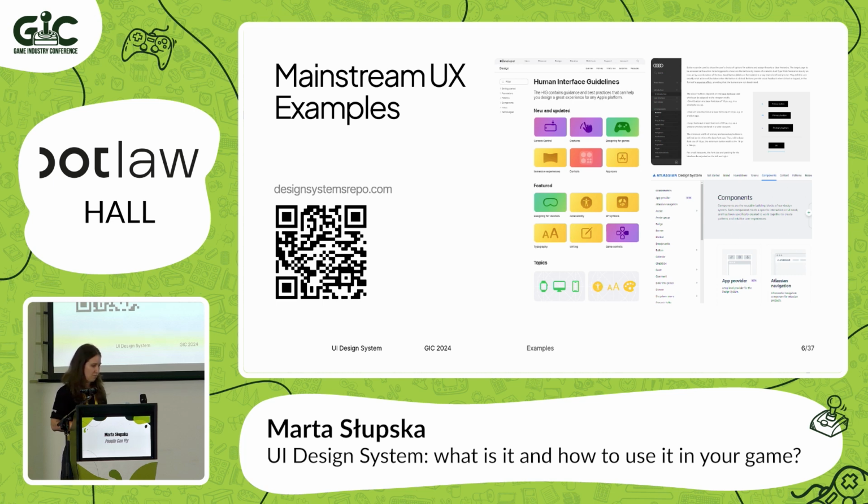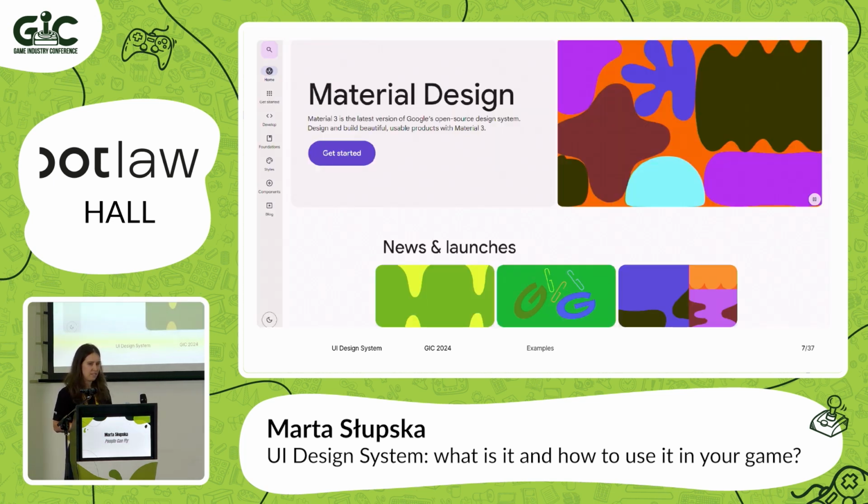Now I have two big examples, and the first one is Material Design. It's probably one of the most popular design systems. It's the one made by Google, and it's also reused in all the Google interfaces, programs, and software. And it can also be reused if you're designing an app. It's very easy to access because they have all the files in Figma. They have some files with the code and programming, so you can also check that. I think it's very good to know other design systems because you can see how they are built and you can be inspired by that. You can see what elements are there.